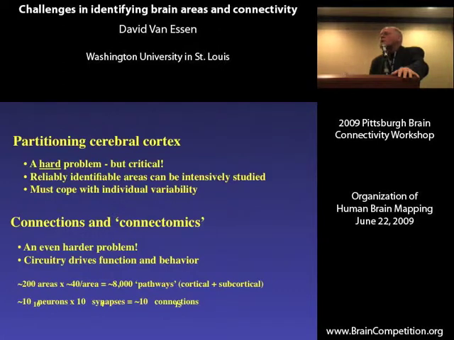If we think at one level, we can say, well, gee, if we could just get a wiring diagram that spanned a couple hundred areas and maybe counting subcortical 40 or so connections per area, there's a typo, that's 8,000 pathways to get a handle on. That would be fabulous, to be sure, but let's never forget that the human connectome must entail an understanding of how billions of neurons make thousands of synapses and give us an offset petabyte worth of